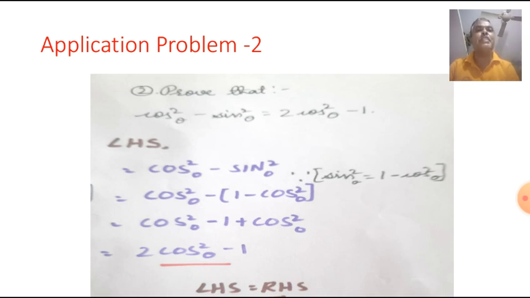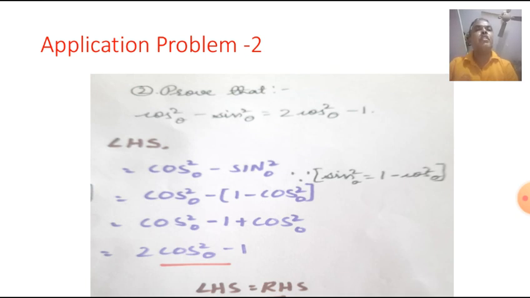Write as it is. We want this in the cos form in the RHS. Therefore, don't change the cos. Keep cos square as it is. Cos square theta minus. So just replace sin square theta in the form of cos square theta. We know that sin square theta is equal to 1 minus cos square theta. In place of sin square theta, you just substitute 1 minus cos square theta.